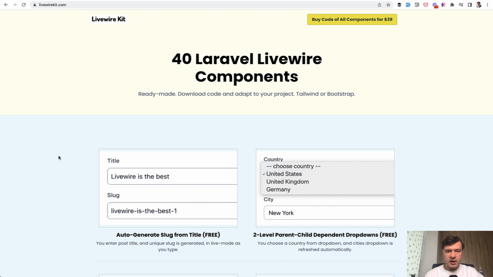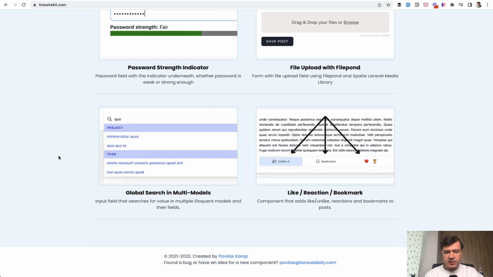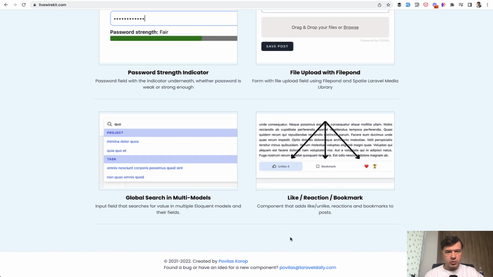There were 39 components, and maybe by the time that video airs there will be 41 because I have another in progress. But what we're talking about today, last in the list, the new one, is like reaction bookmark. In this video I will show you how it works, what is the code openly,